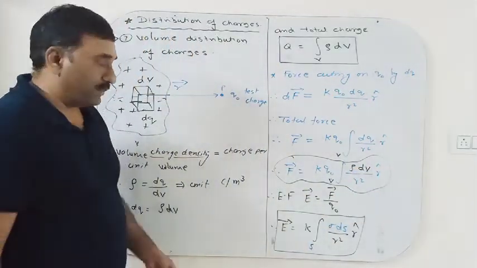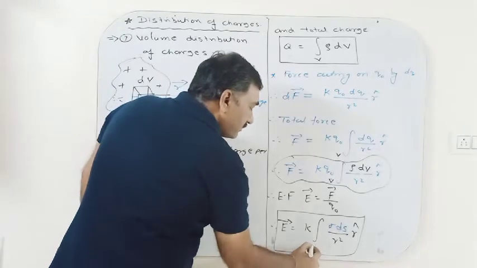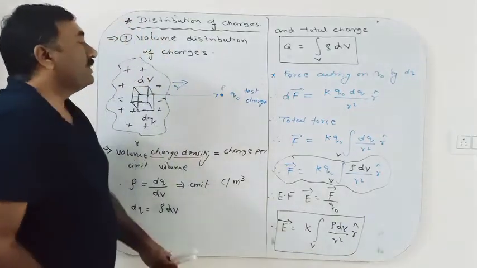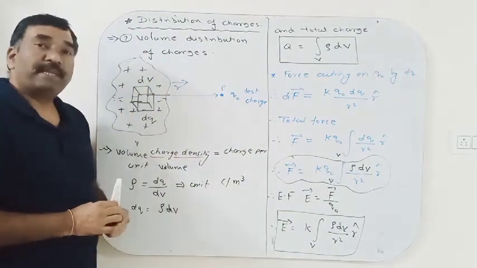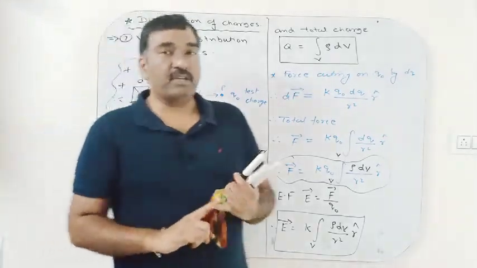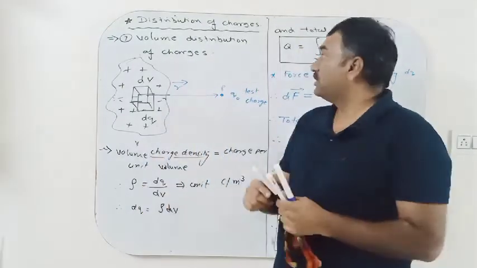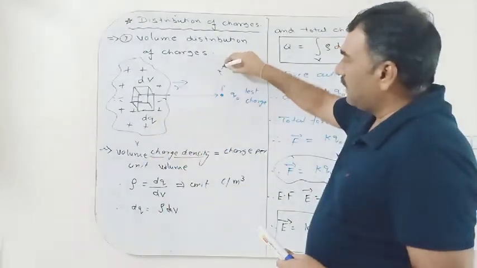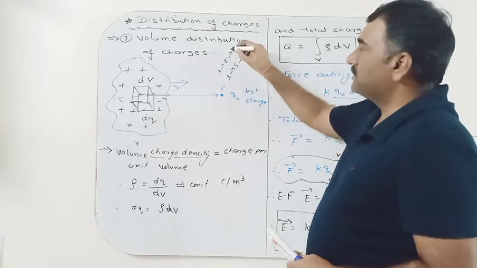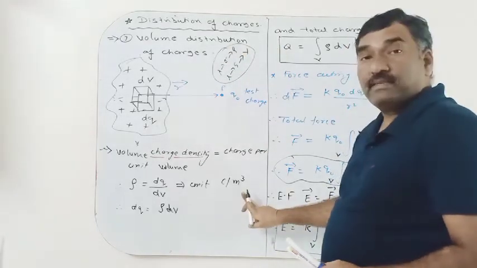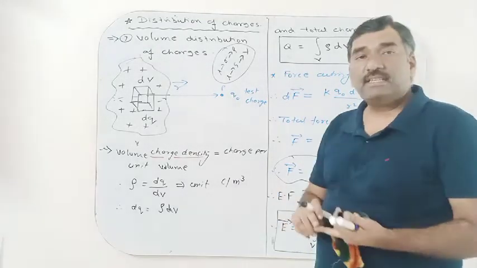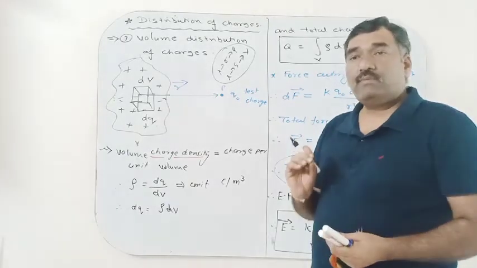For the electric field, in the same way, we replace s by v, and here rho into dv. Very simple. We can directly obtain the three derivations with the help of a single derivation: for linear distribution of charges, then for surface distribution, and then for volume distribution. What you have to do is replace lambda by sigma, sigma by rho, L by S, S by V. Simple. The units coulomb per meter, coulomb per meter square, and coulomb per meter cube are for the linear, surface, and volume distributions of charges respectively.